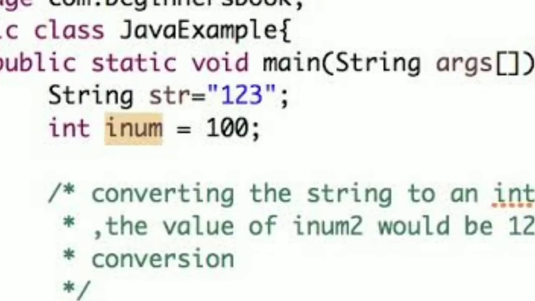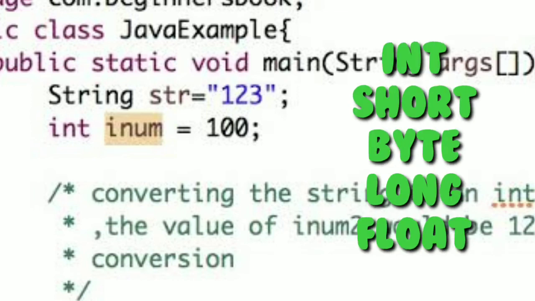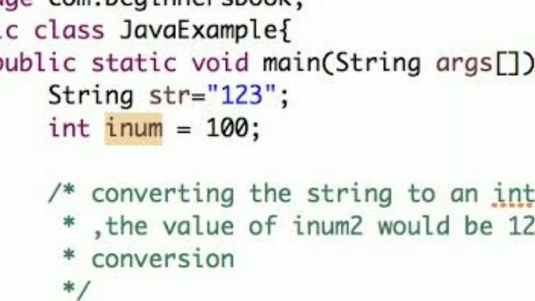If you want a string, you write String str = and you have to keep the double quotes because you are denoting it as a string. You can even write numbers in the string, but you have to keep the double quotes, and it's going to take it as a string itself. If you want to give a number, you just write int and you can give some other name = 100. You don't have to keep the double quotes for numbers. There are some more data types like int, short, byte, long, float, and so on. I'm going to explain them later, but for now, the default standard number we're going to use is int.